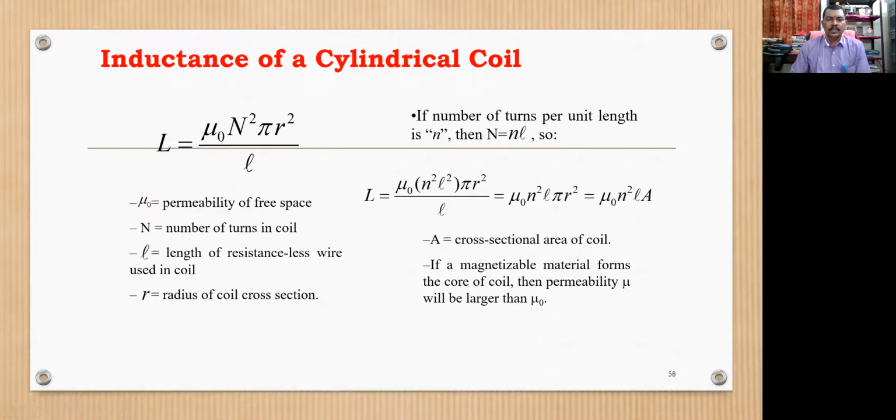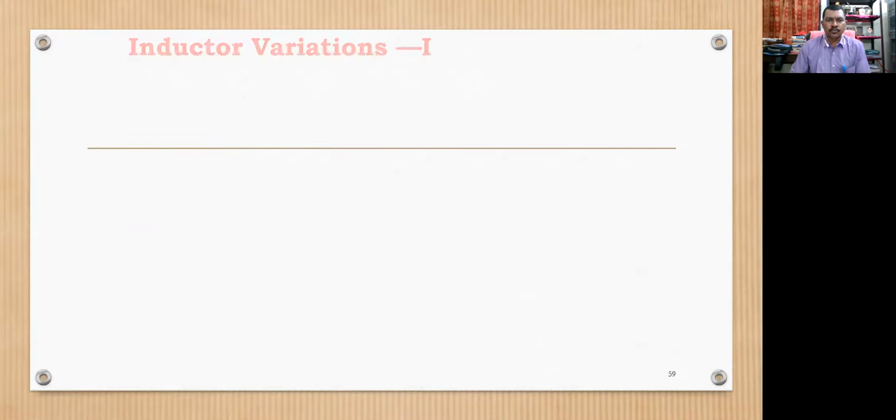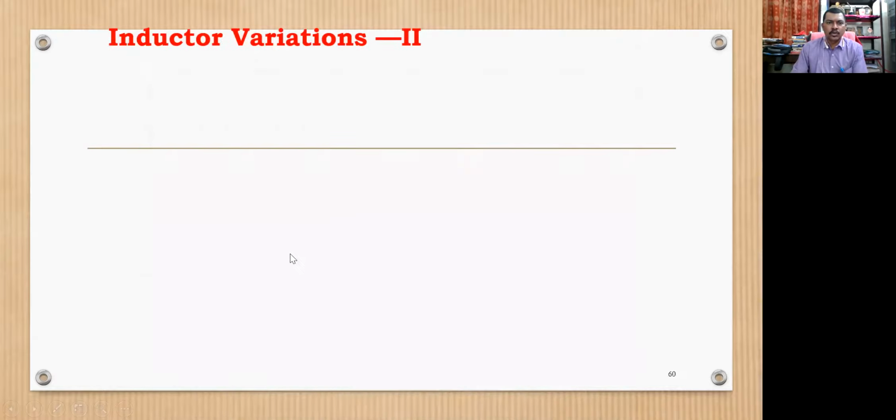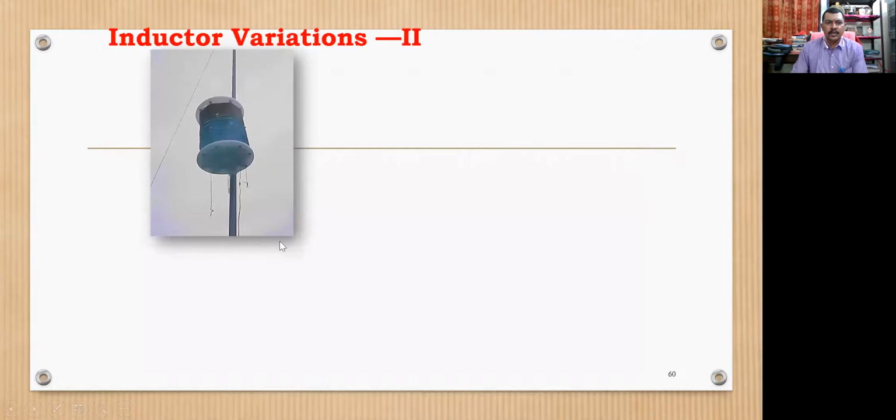And these are some of the examples. We can go through the examples; we have four minutes or more. So these are some examples of a coil. A coil can be made on any of these things. It's just wound on a non-conducting medium. These are all forms of inductors which we use. These are some variable inductors, and these are some tuned tank circuits. These are all examples of inductors. This is another form of an inductor.